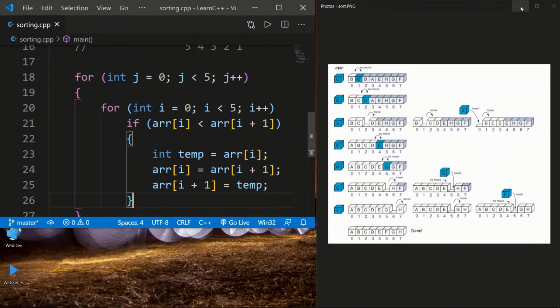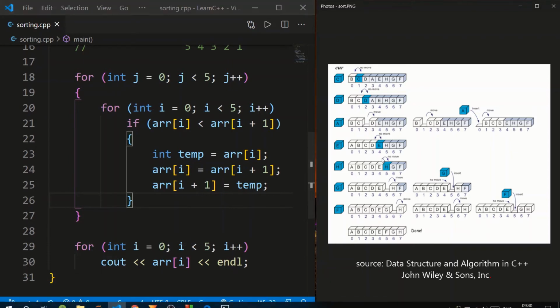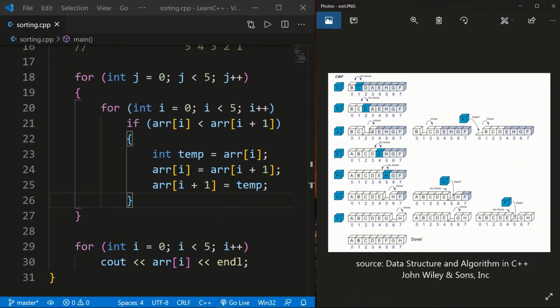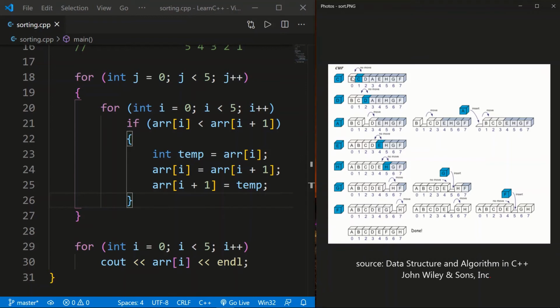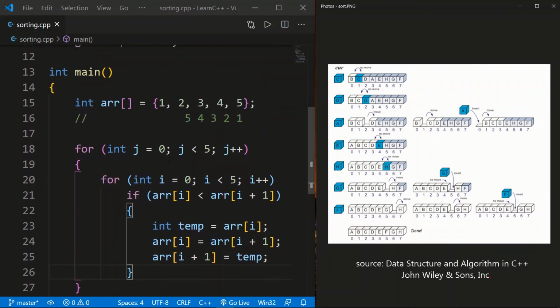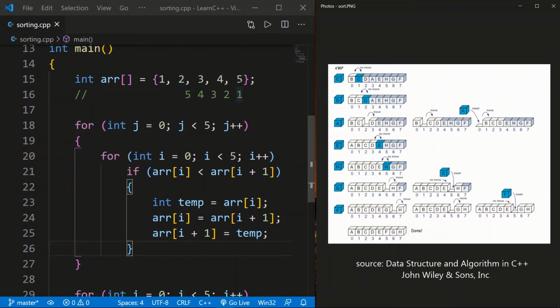Let's zoom in a bit. You can see this is an example where the question is to arrange this B C D. You can see here this part. Follow my cursor, and you can see here the alphabets are B C D A E H G F, and we need to make it A B C D E F G H. So it did in the same way. We'll just write it here.